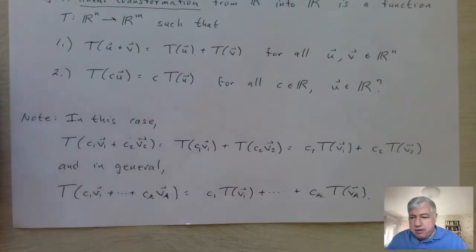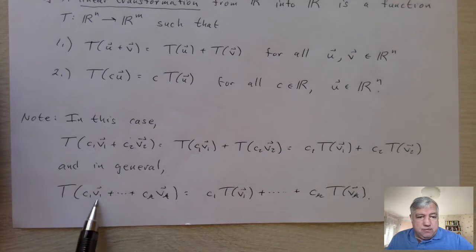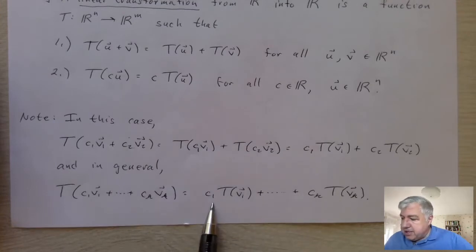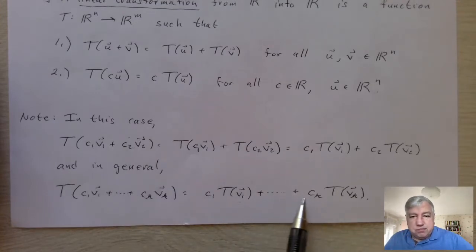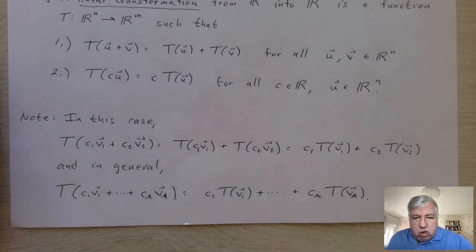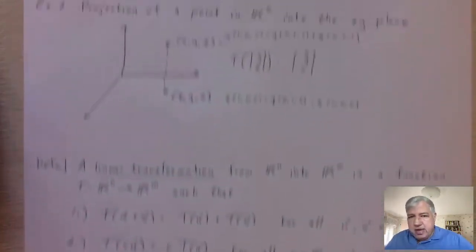We see up here that in general, if we take T of c1 v1 plus c2 v2 plus dot dot dot plus ck vk, then this is going to be c1 times T of v1 plus c2 T of v2 dot dot dot plus ck T of vk. So you can do that as long as T is a linear transformation. Now we're going to see that these two examples are in fact linear transformations,